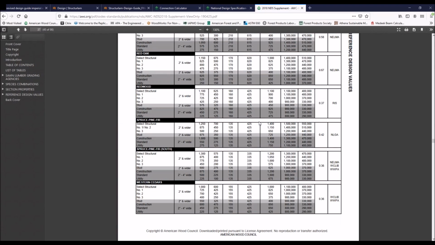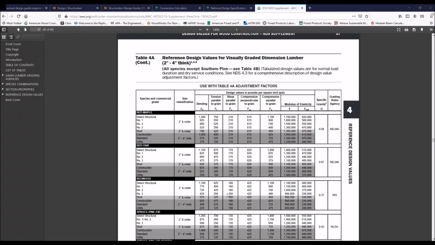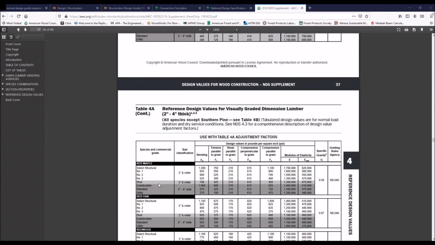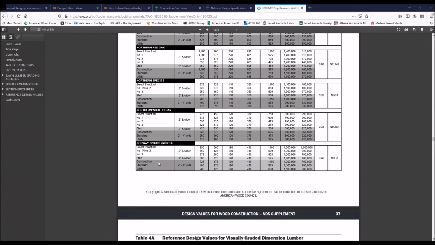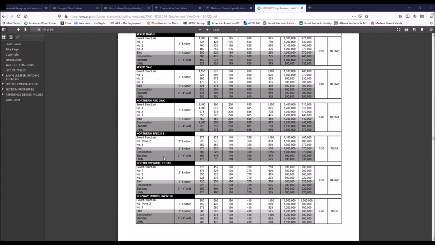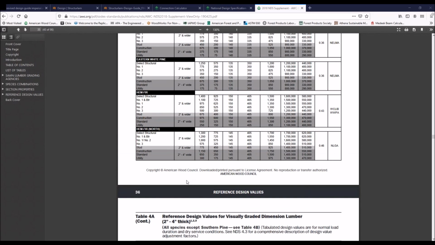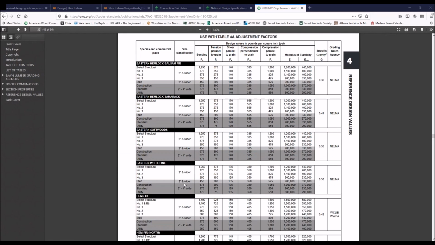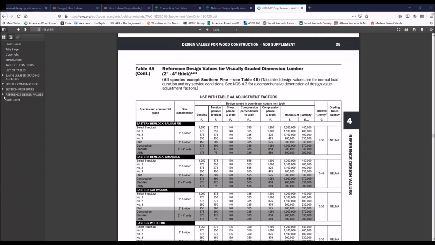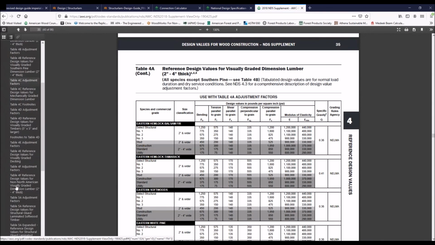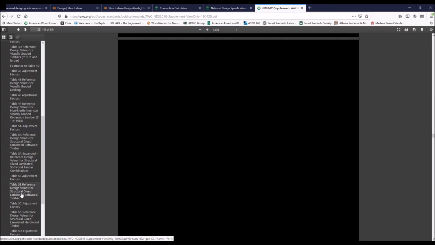So you can see we've got some somewhat more obscure species that you might not come across as frequently. You know, red maple is not necessarily super common, but it's listed in there. So you can see we have literally dozens of North American species listed in table 4A, and then let's see, we have, oh geez, here we go, table,